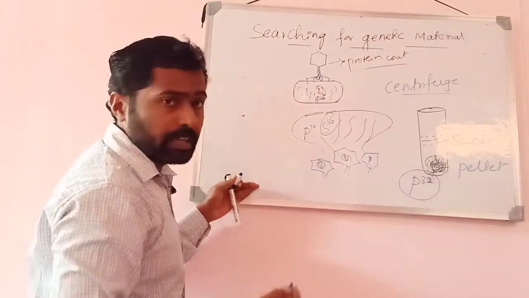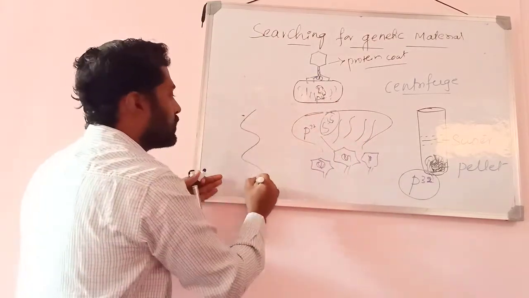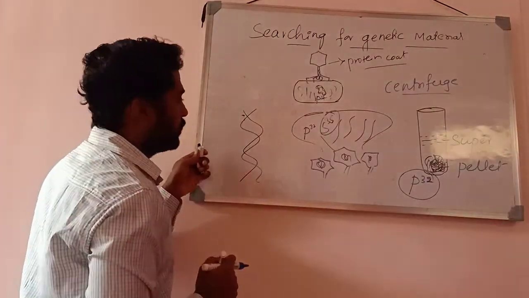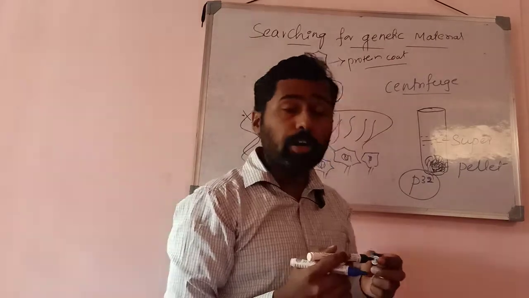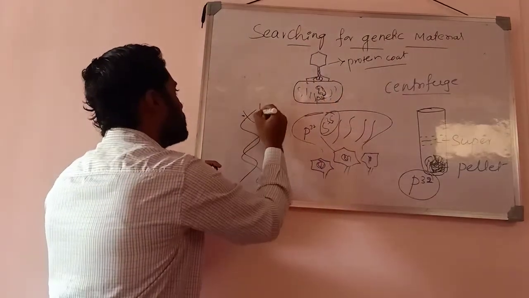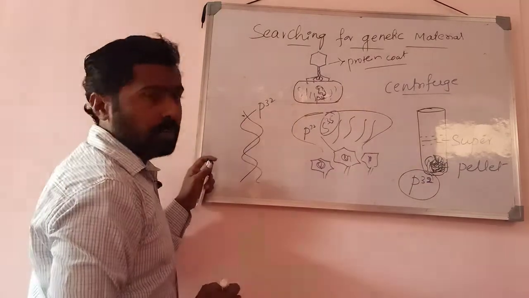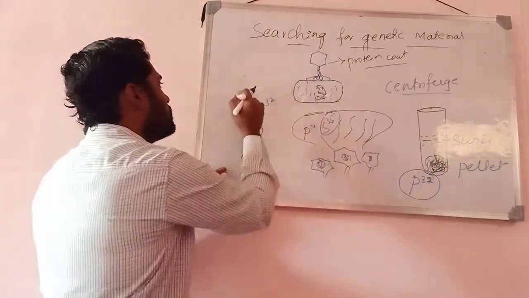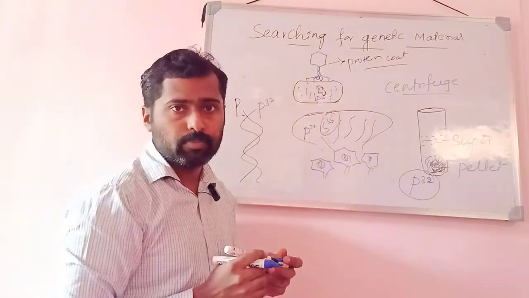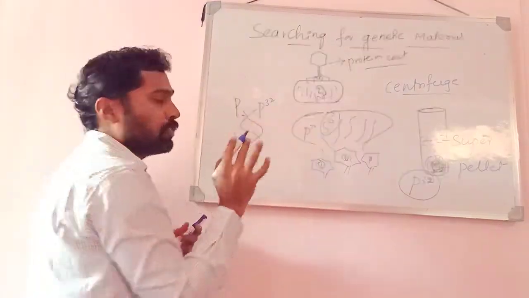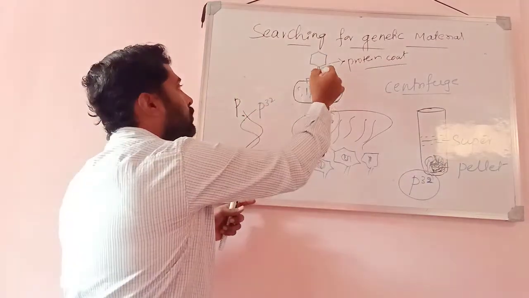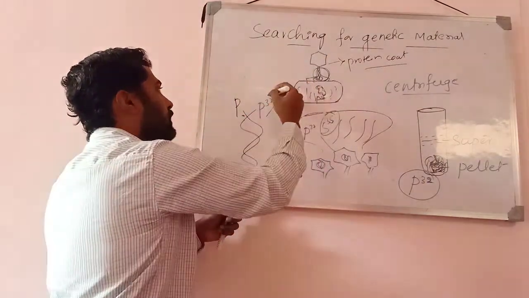So what happens during DNA replication? One of the strands is an older one and the other one is a new strand. You know that DNA is a two-stranded molecule. Among that, one of the strands of the DNA is the older one. Older one means that it consists of P32. Whereas the other, the new one, consists of normal phosphorus. Normal phosphorus is provided by the bacterial cell. The other strand has normal phosphorus, whereas the one strand that is the previous one is coming from the bacteriophages which are carrying P32.